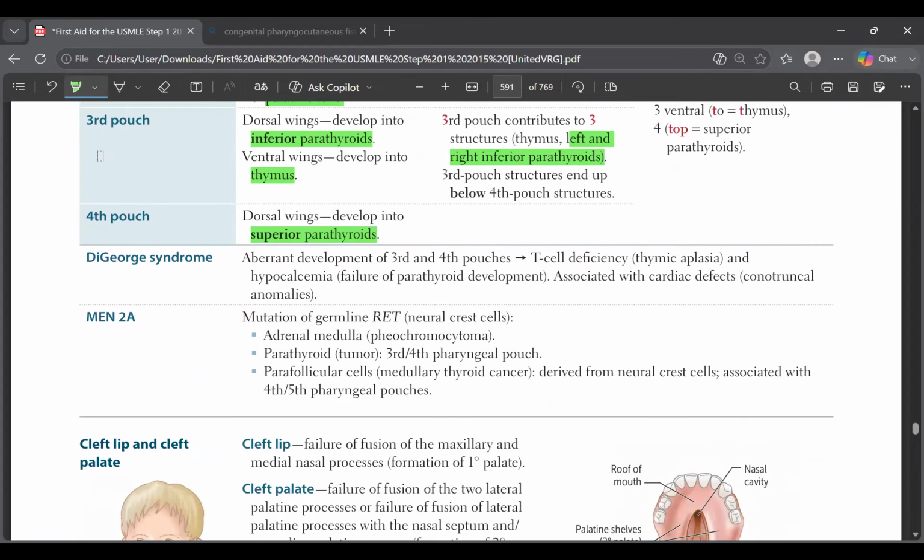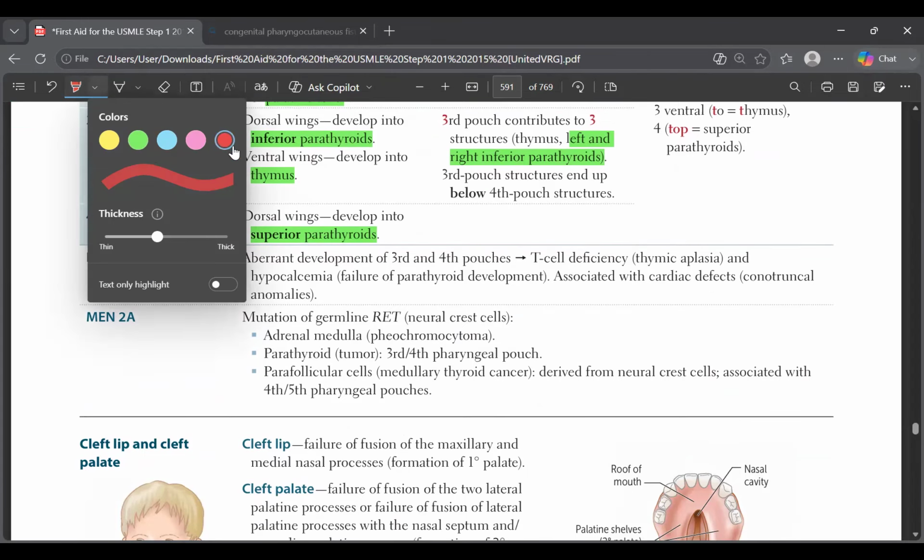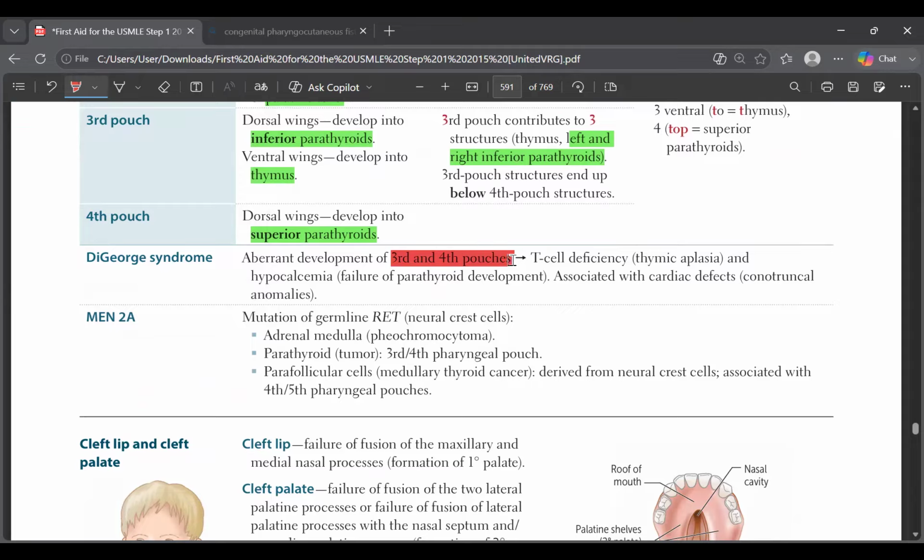Now, DiGeorge syndrome. It is an aberrant development of third and fourth pouches, T cell deficiency, which causes thymic aplasia and hypocalcemia, failure of parathyroid development, associated cardiac defects, conotruncal anomalies, and then there's MEN2A, mutation of germline RET, neural crest cells. There's adrenal medulla, pheochromocytoma, parathyroid, third to fourth pharyngeal pouch, parafollicular cells, and medullary thyroid cancer derived from